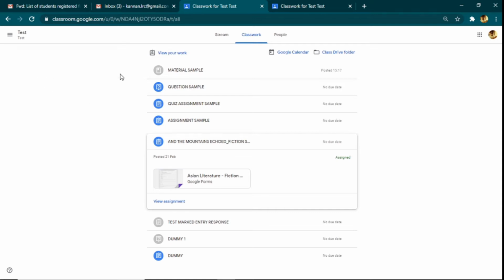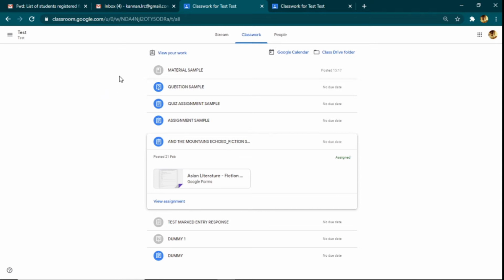Google Classroom is a learners platform, an education platform, where it allows the teachers to communicate with their students. And this is only through Google Classroom. 60% of the time I would be communicating with you. It works as simple as that.